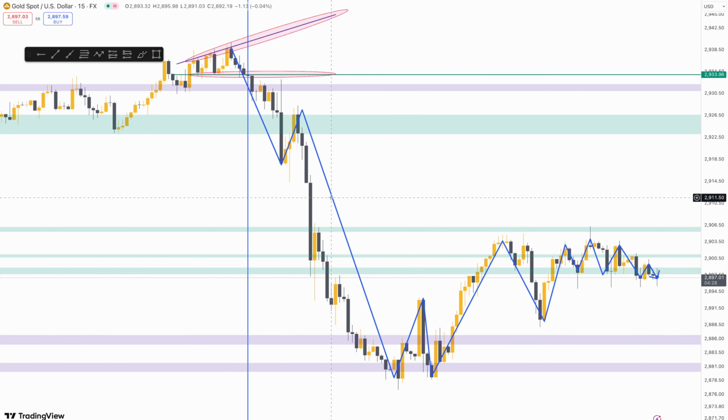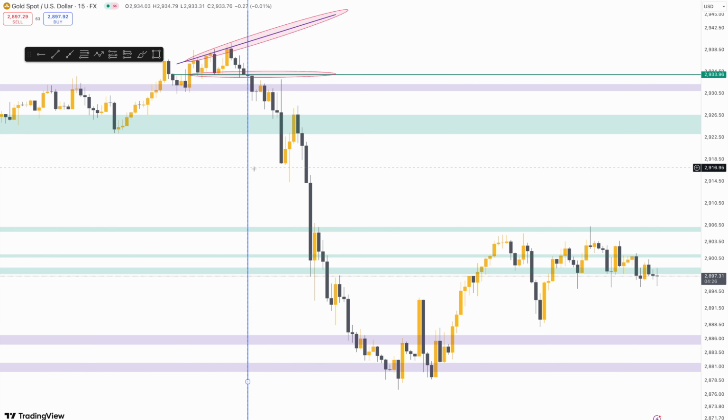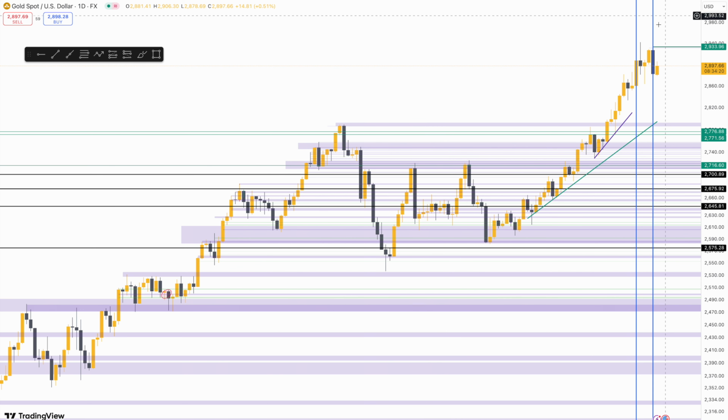So what we're going to go ahead and do is remove this and remove our vertical line. First of all, we're going to go to our daily chart though, and we're going to remove our vertical line. So this is our vertical line. We'll also remove this one from previous time. So as you can see,